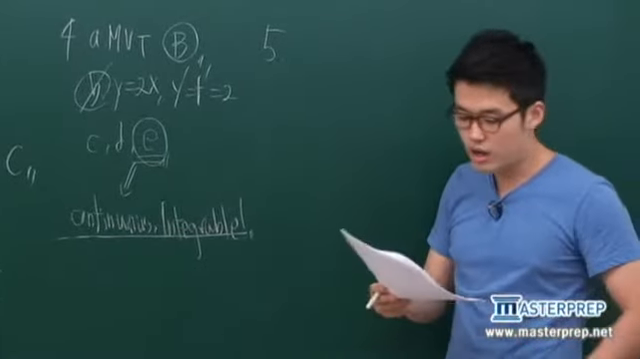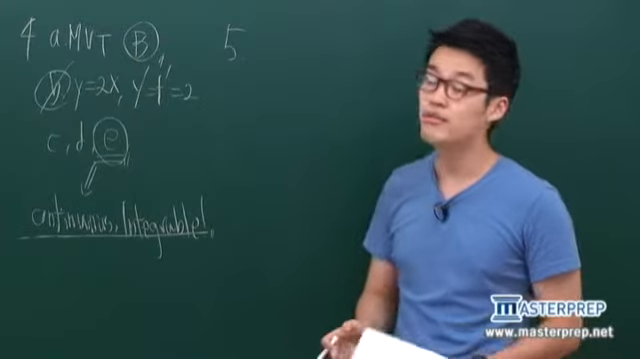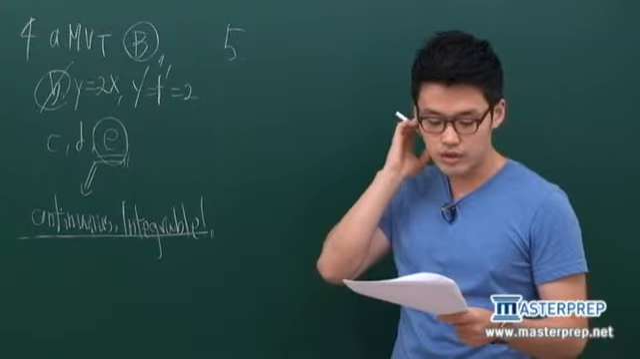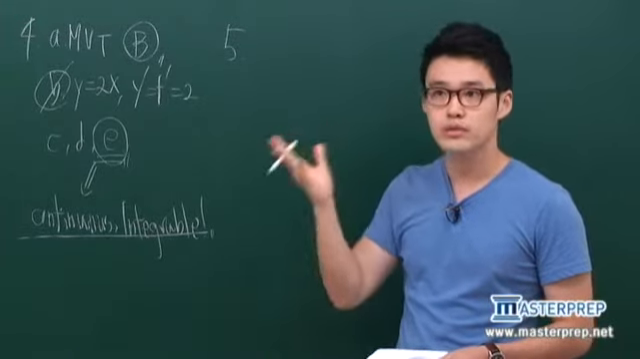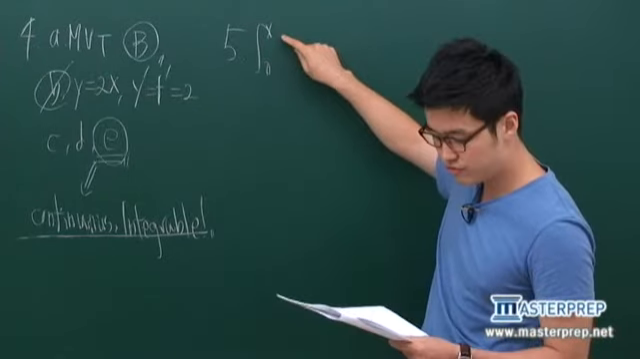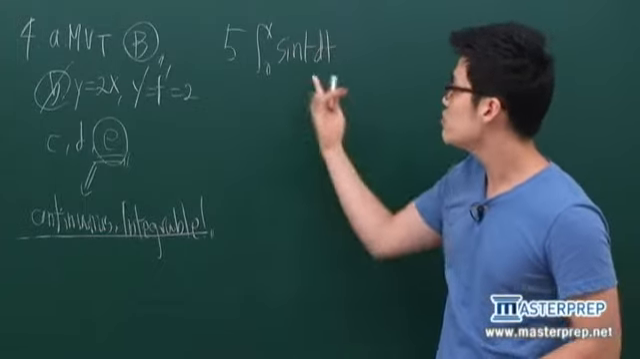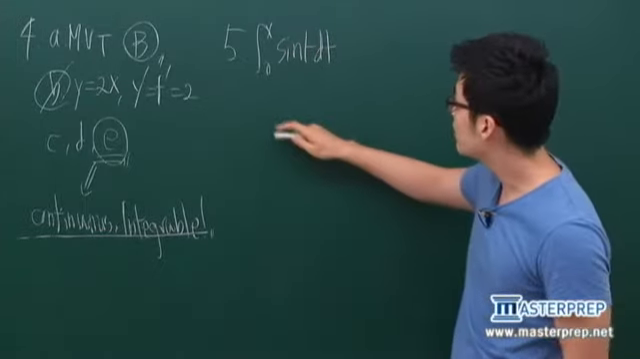Right, number 5. Number 5 asks you whether you understand the antiderivative of a trigonometric form. So it is asking you to find the antiderivative of this. Well, this is usually connected to the fundamental theorem of calculus, and